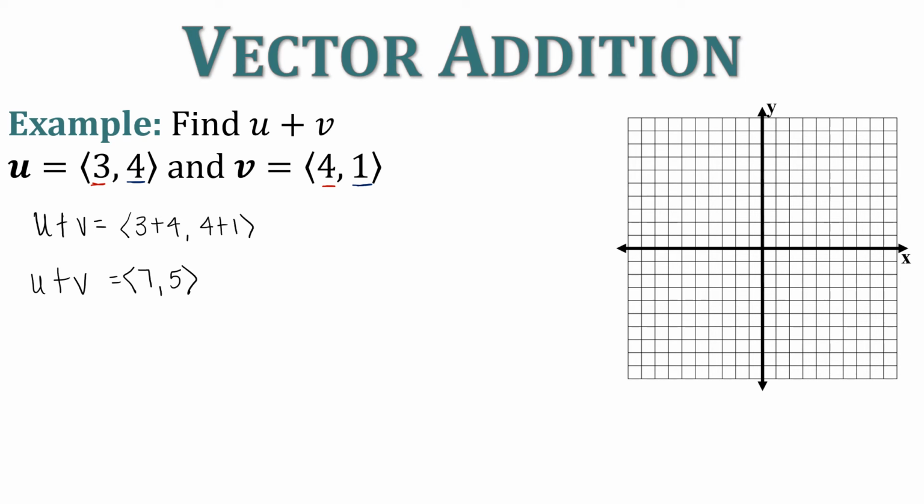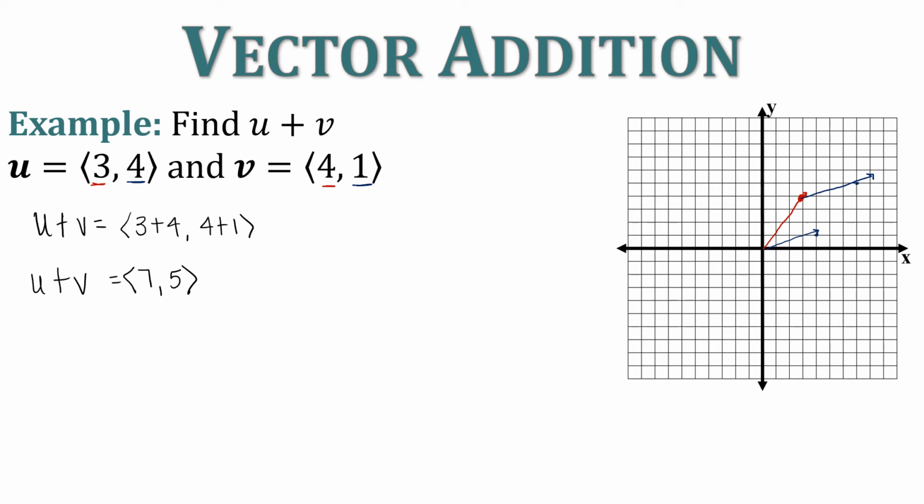So if we want to look at this graphically, we're going to graph u in red and v in blue. So u is out 3, up 1, 2, 3, 4. Okay, now here's the really cool thing. I know that v is <4, 1>. So out 1, 2, 3, 4, up 1. But if I take this vector and I move it out 4 and up 1, to the tip of u,